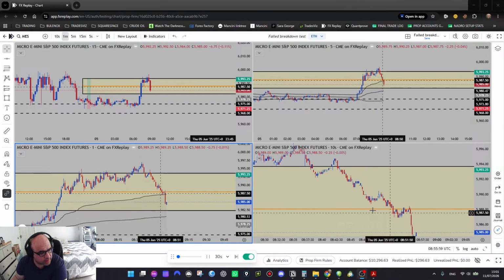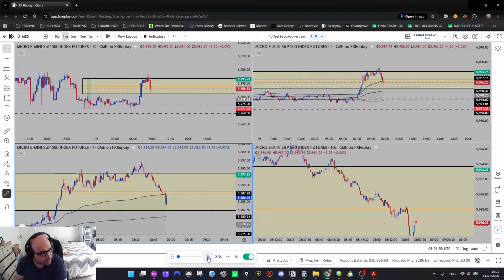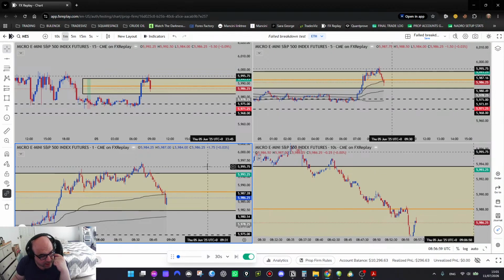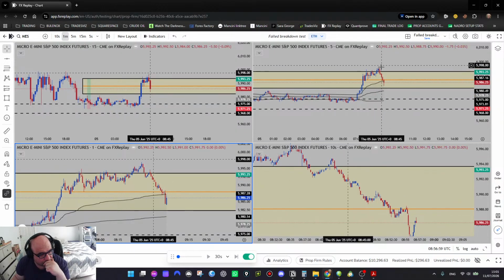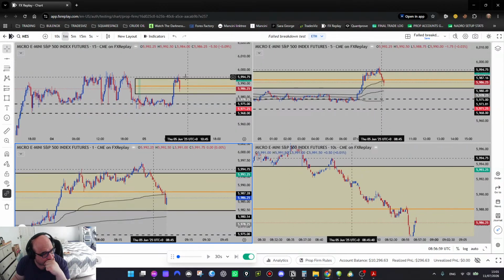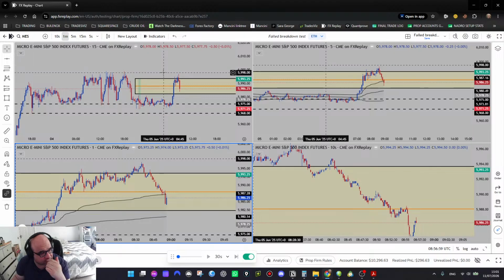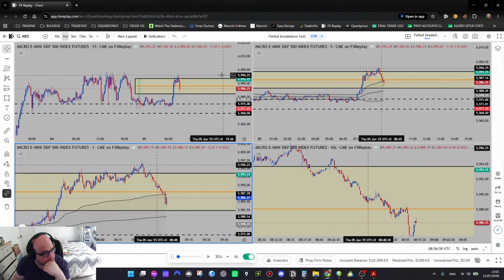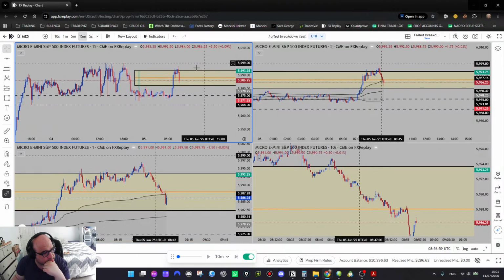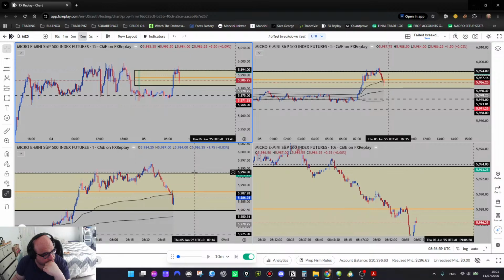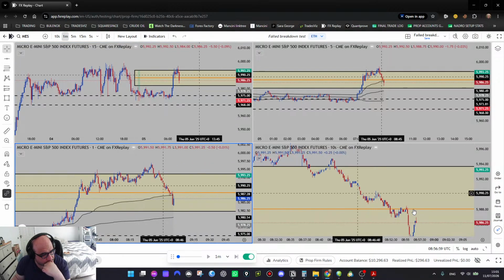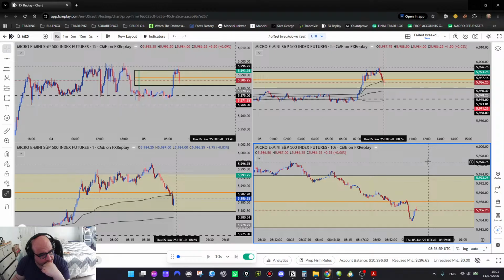So we can see here, I'm gonna stop it, pause it. So we see now we're just taken out. We couldn't break the previous day highs. As I said, it was a rotational environment, so I was expecting a rotation, and we got it. Okay, I'm gonna just log in this one and move to the next one.